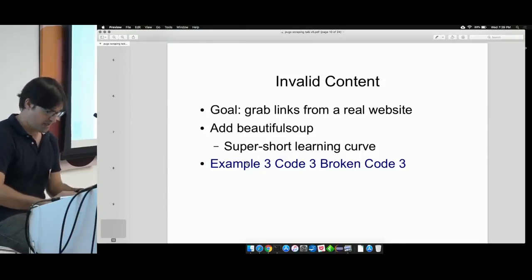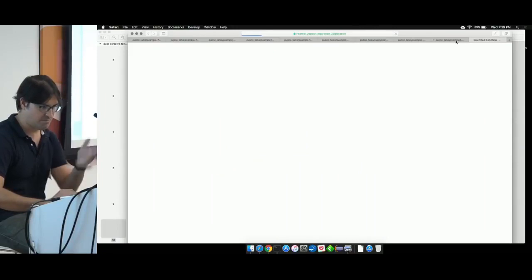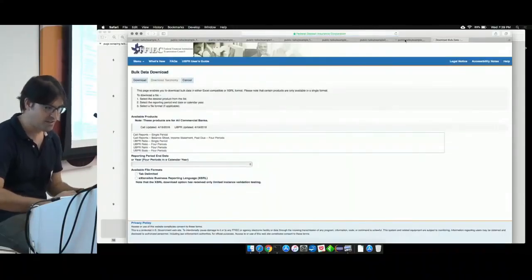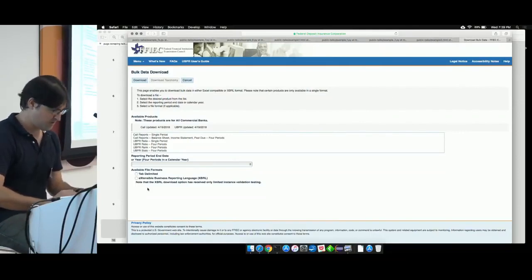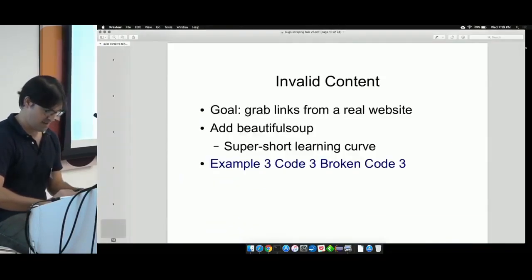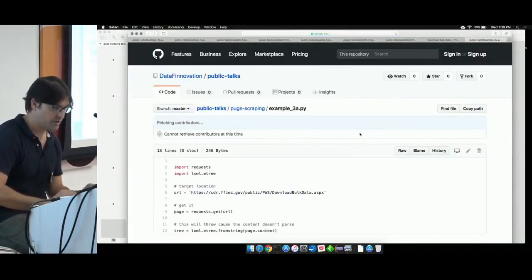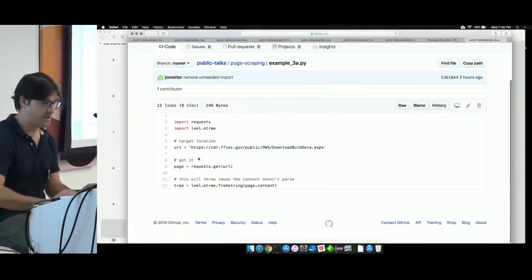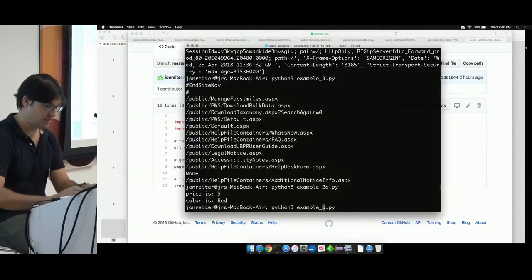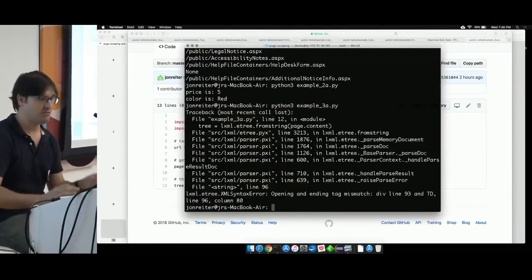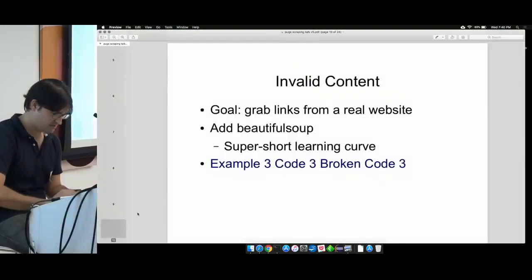So if I now look at this, it is a proper US government web page that is invalid, as are a surprising number of government web pages around the world. If we try to run the broken code here, exactly as we had before, requests get, and just parsing with LXML for this page, this is example 3a, we're going to get a really unattractive complaint about how the stuff isn't valid. You can't fix that because you don't control the web page, so you need to do something else. That something else is